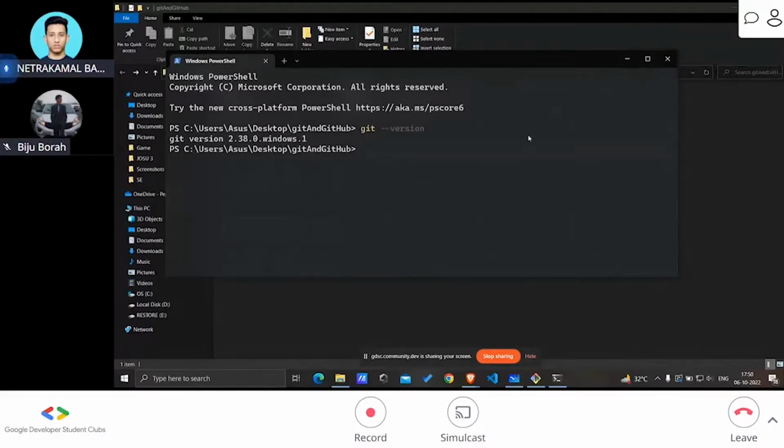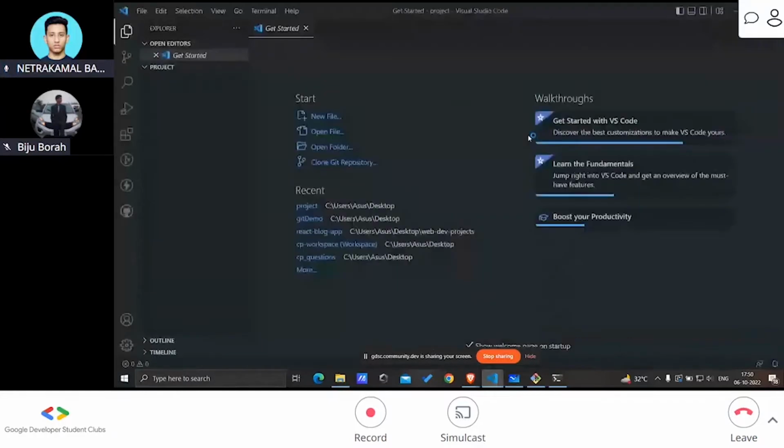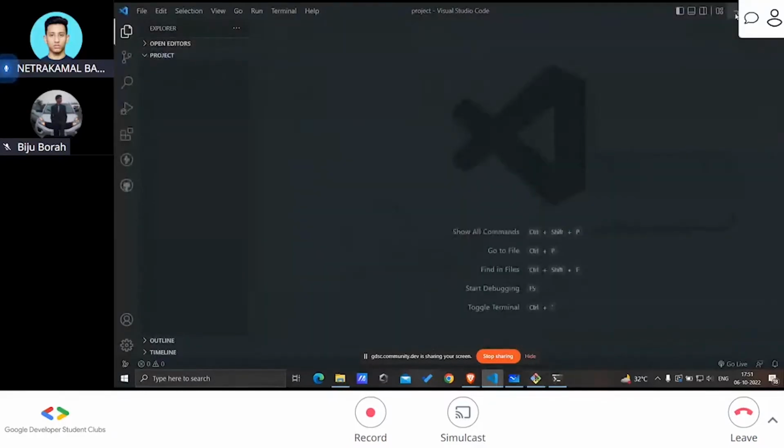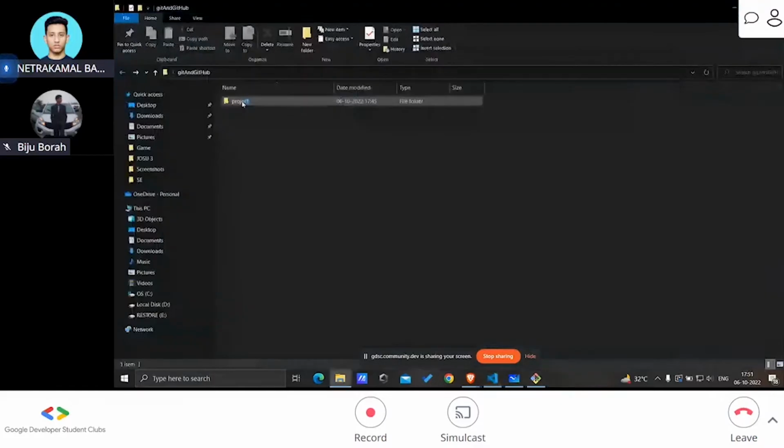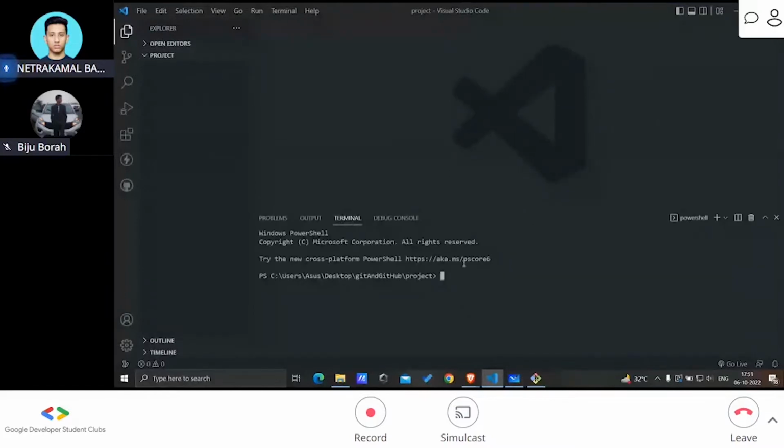Now I will open the project directory in VS Code. This is the same project directory I have shown here. I have opened it in VS Code. Now, we have not initialized a Git repository yet. It is just a directory now. The files in it would not be tracked by Git. So for that, open a terminal in that project folder and run the command git init,